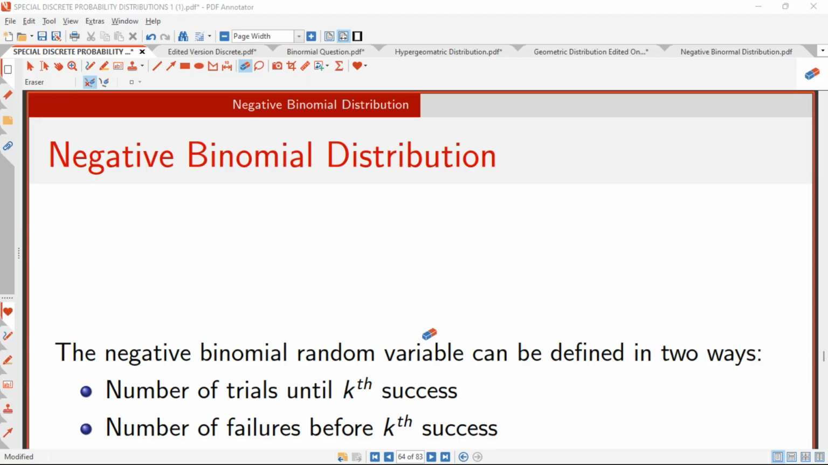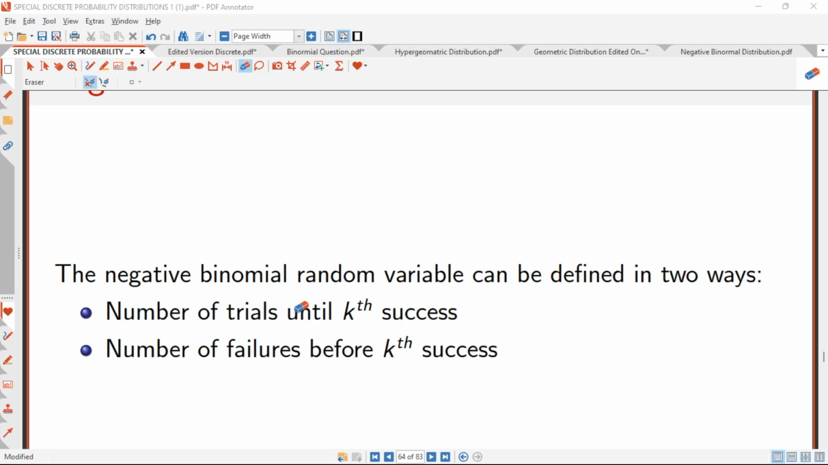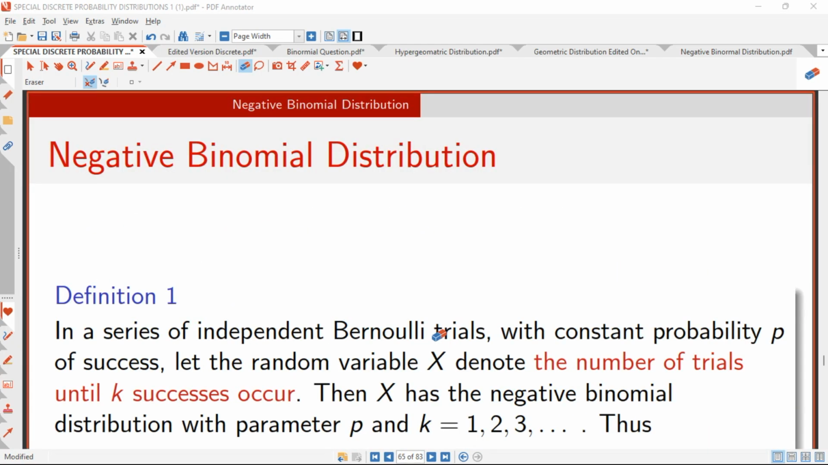We are saying that the negative binomial distribution appears in two ways. The first way is the number of trials until the kth success. The second is the number of failures before the kth success. So we have understood the introduction of the negative binomial distribution, let's dive into how we understand the PMF